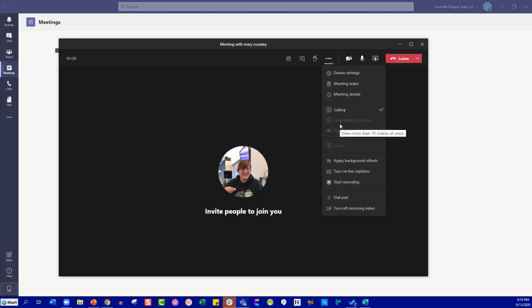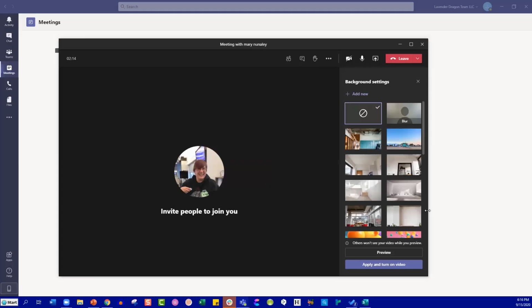However, if you had a large meeting, you could toggle between the large gallery view, which is very similar to what you're seeing right now on the Zoom screen if you've got that up, or this newer together mode, which makes it look like you're more like at a rock concert or in an event hall, and you're not in little squares anymore. So that's what that together mode is. And then focus, again, because I don't have anything going on, but if I click focus, that makes all the attention on the shared content, so you're not looking at different things.